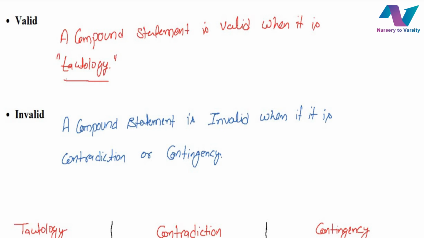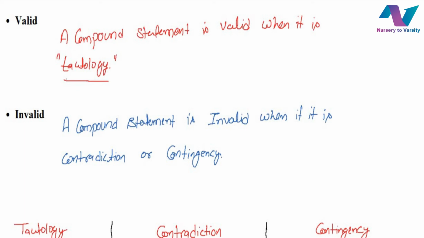So here we can conclude that a tautology is always satisfiable. I am saying a tautology is always satisfiable, but satisfiable is not always a tautology. Keep remembering this thing. And second, invalid does not only mean a compound statement is always false. Invalid does not mean a compound statement is always false.